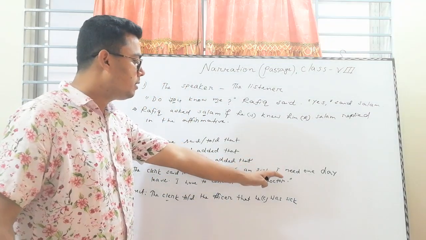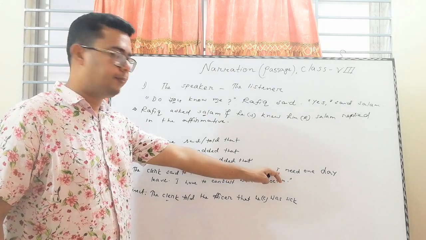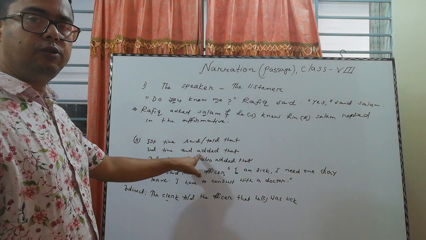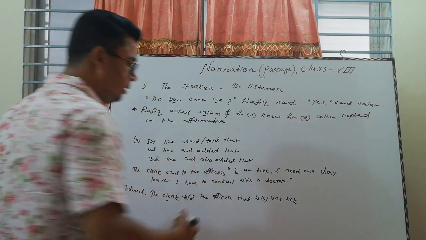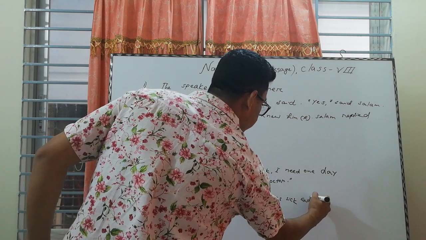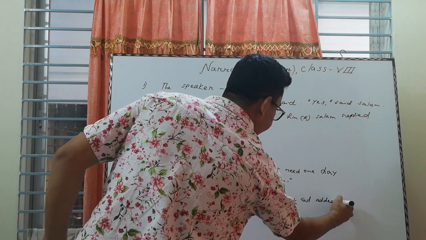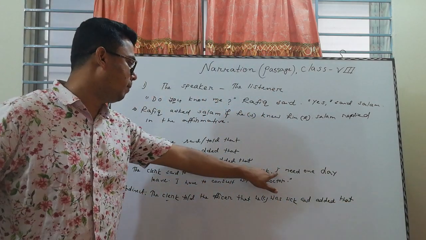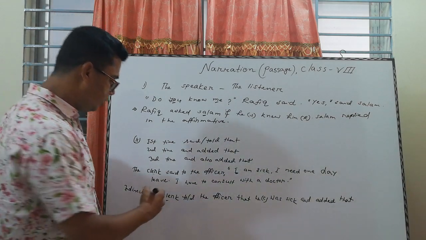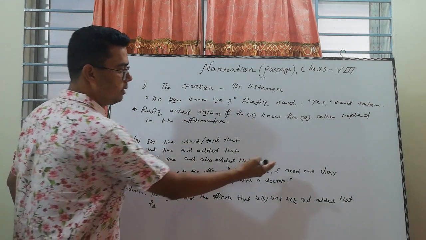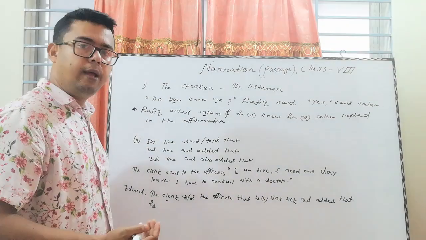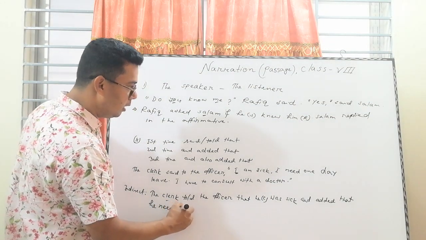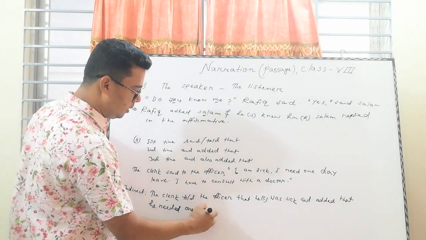And this is the second sentence in this passage. So it should be and also added that. If it is second time, then you are bound to write and added that. I converted again to the clerk, then it should be he. Need is the main verb here, then it should be past form of needed. Needed one day